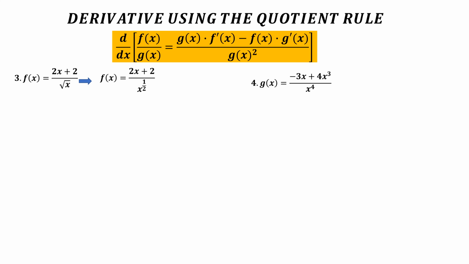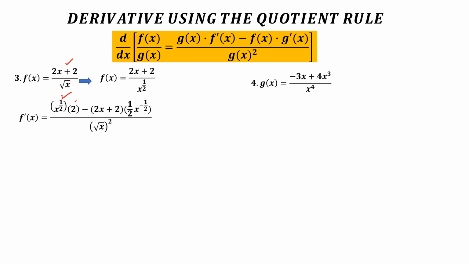So 2x plus 2 over square root of x. We have to rewrite the square root of x into x to the 1/2. So let's now proceed to the rule. For g of x, our denominator is square root of x, but it is now written as x to the 1/2, times the derivative of our numerator, which is 2x plus 2. So our derivative is 2